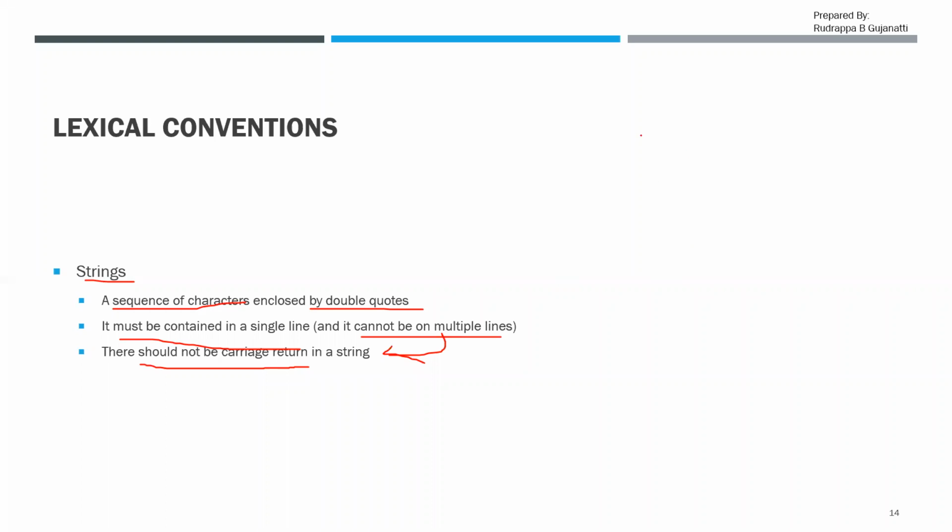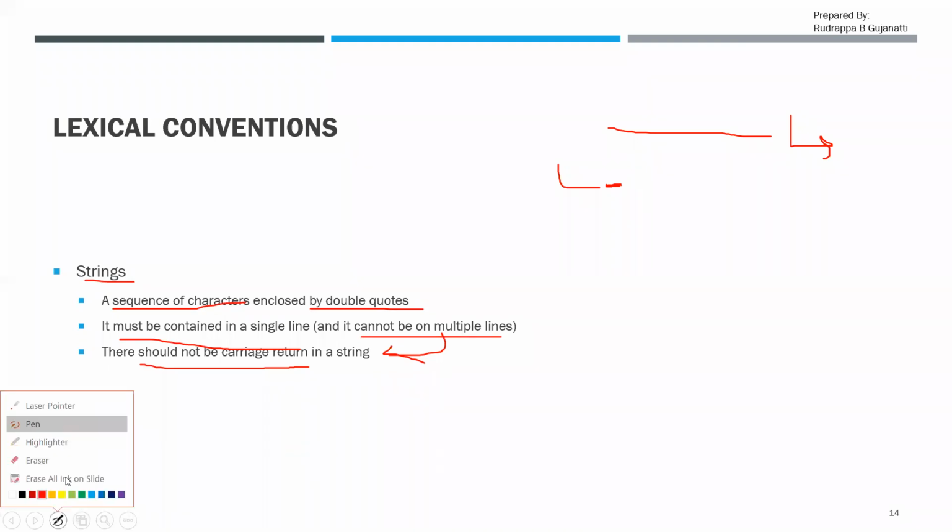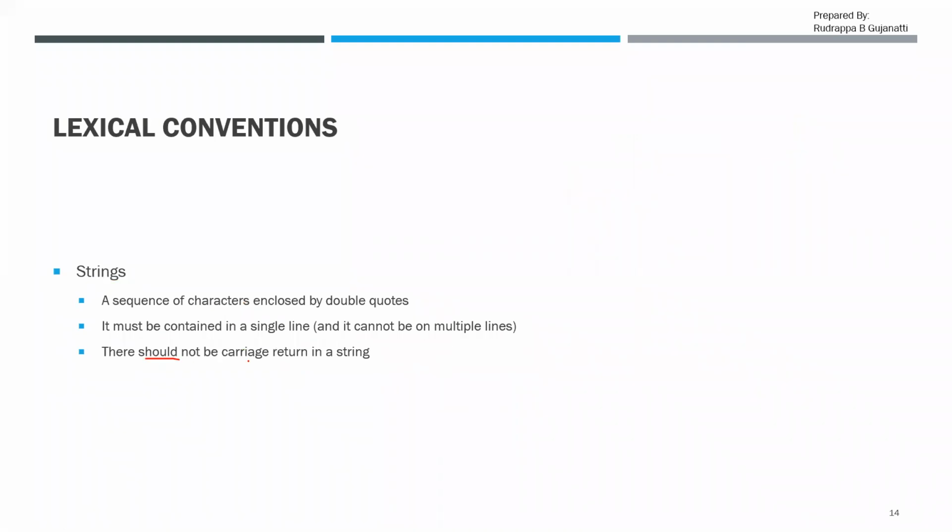The cursor, say there is a line present here, you have pressed enter over here, so the line moves to the next location on the screen. This itself is termed a carriage return. This should not be part of the string.